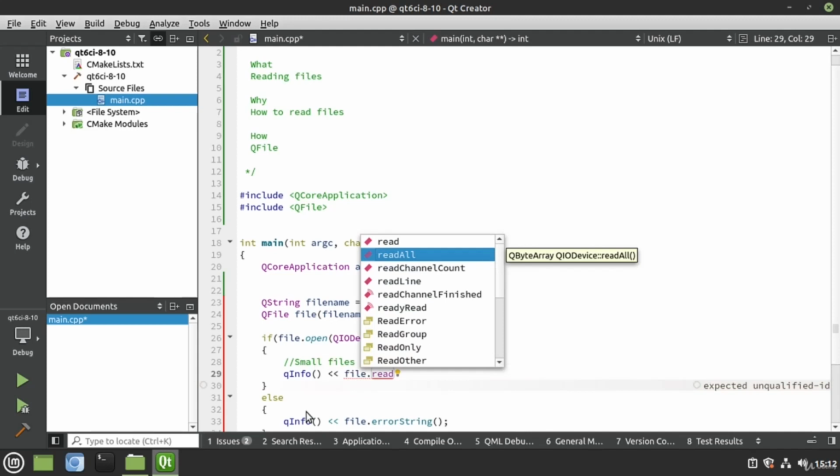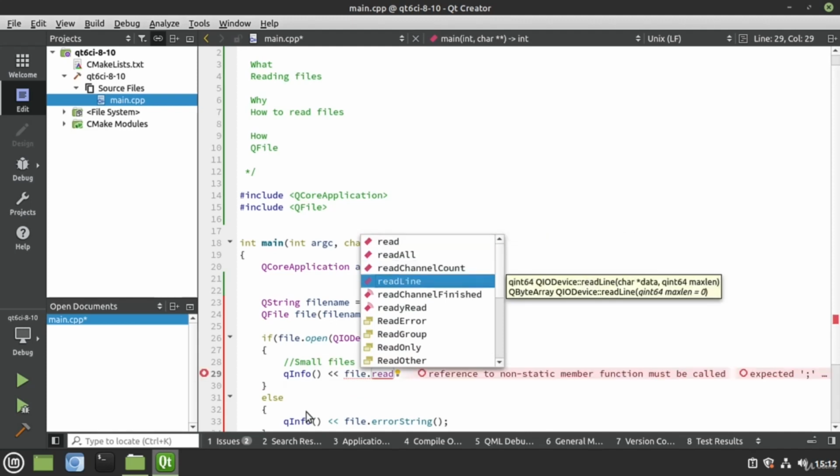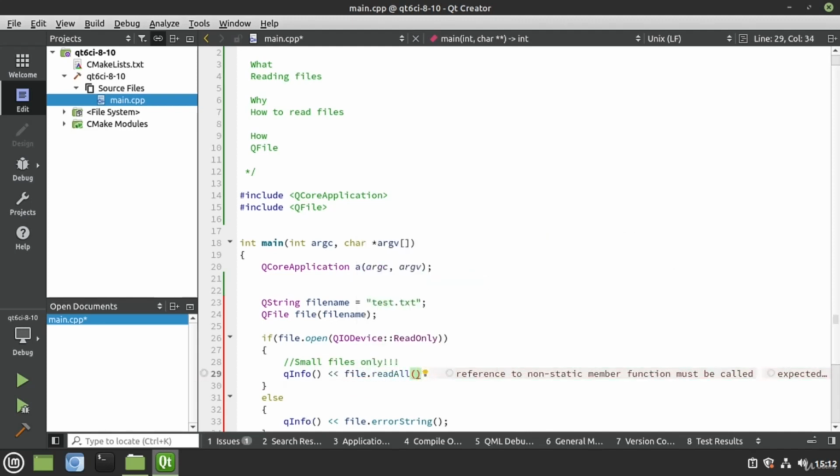Read all. Now you notice there's a read line. We're going to cover those in other videos, but right now we're just going to do read all. What this does is it starts at the beginning and reads literally the entire file and then gives it back to us. As you might have guessed, this can get particularly problematic if you use a large file,